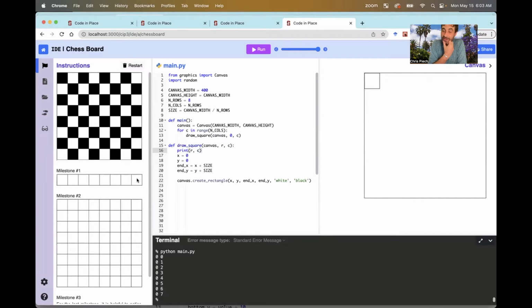You have the column number. If column is 0, it tells you something about where your x should be. It should be 0. If column is 1, your x value shouldn't be 1 pixel. Instead, your x value should be all the way over here. The starting value should be over here. And that's